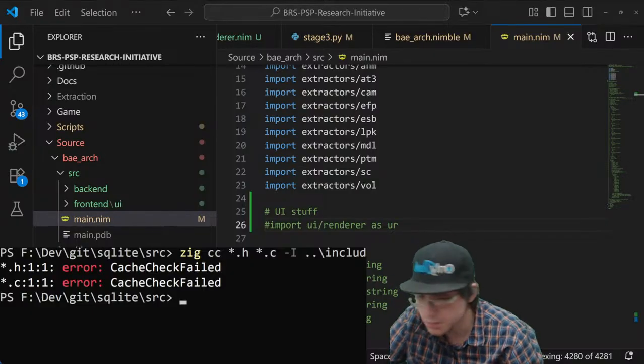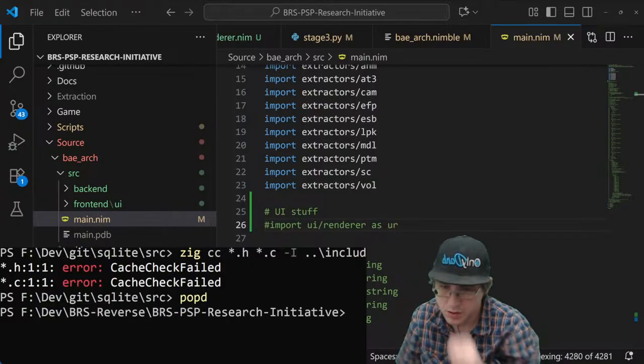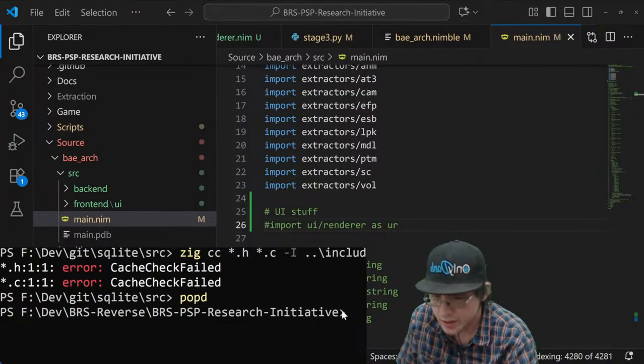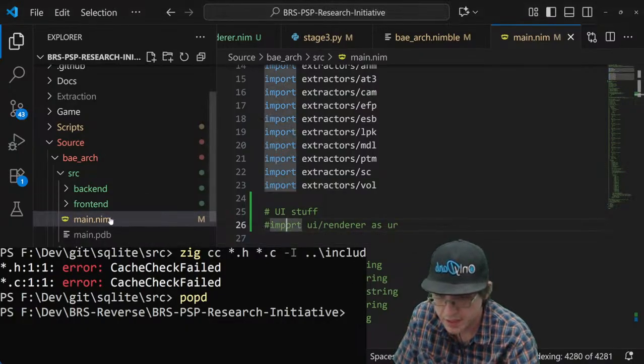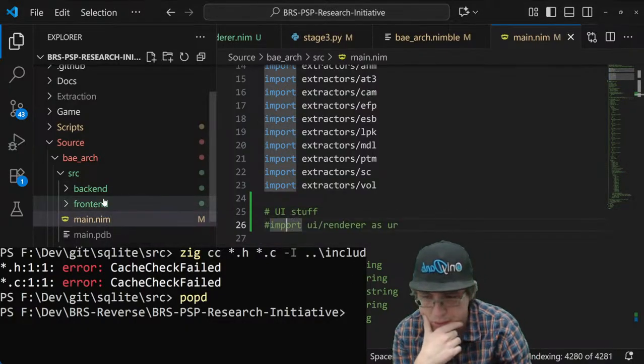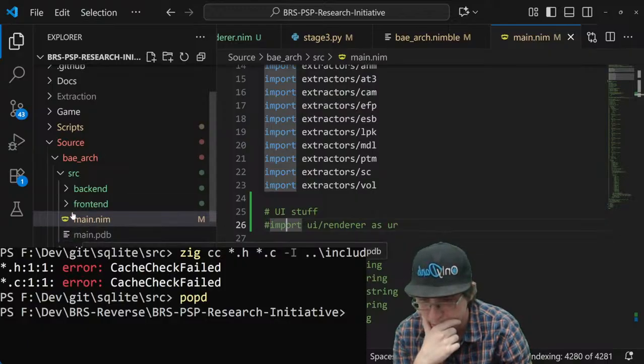But yeah, let's go ahead and just work on that. But yeah, need to update the build system.